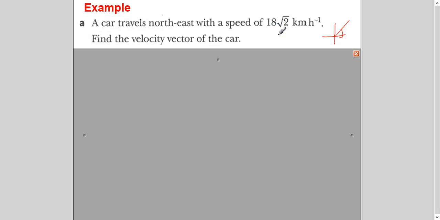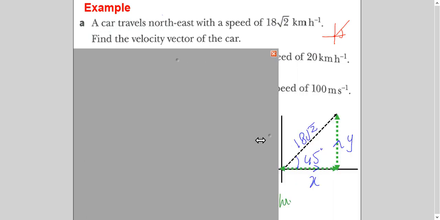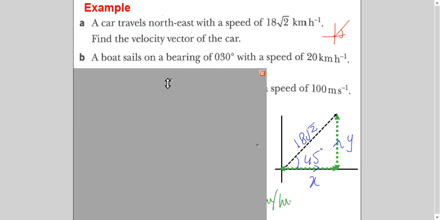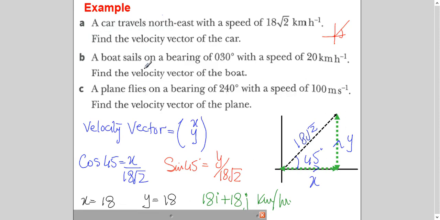along x-axis and along y-axis, I can find the velocity vector, right? So this was the speed because the question was saying northeast. It means exactly in the center, 45 degrees, and I can find out its components x and y, right? We will solve these parts B and C in a while. Let's first focus on part A.